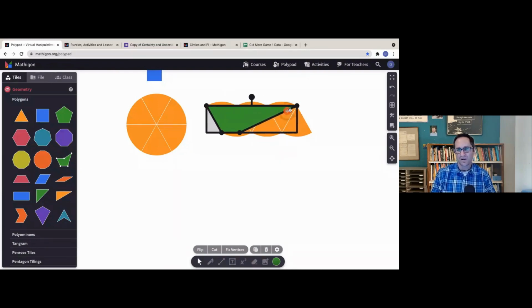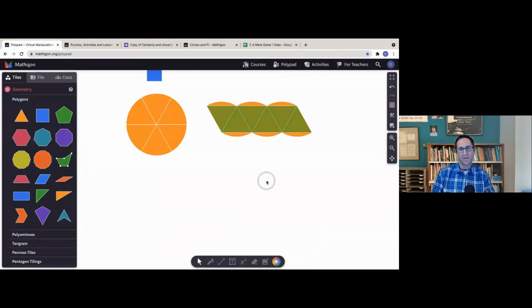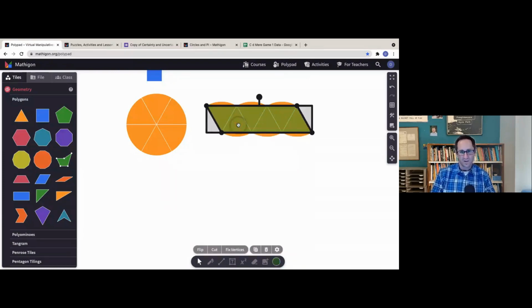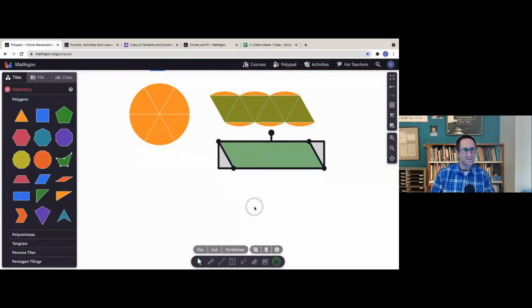I can drag it over. And so students were doing this themselves, where they put the parallelogram on top of this shape. I can change the color down here to make it kind of semi-transparent. And there's the parallelogram. That's a good-ish estimate of the area of the circle. I'll take this parallelogram and copy it down here. And now if students need a little support there, now they were off and running.